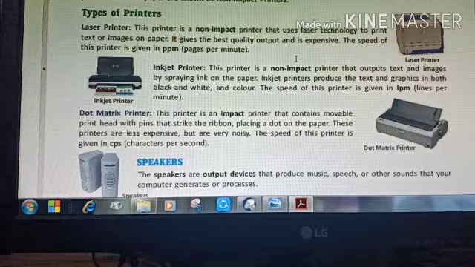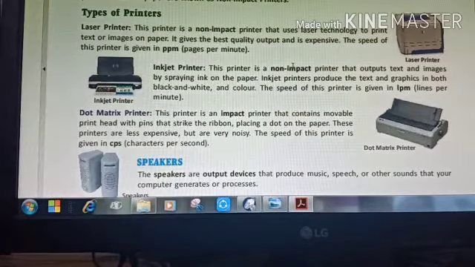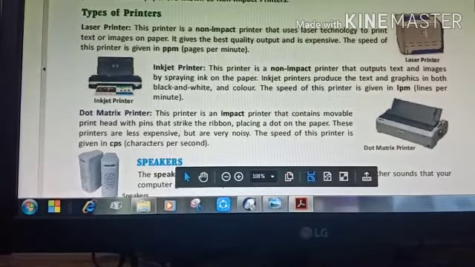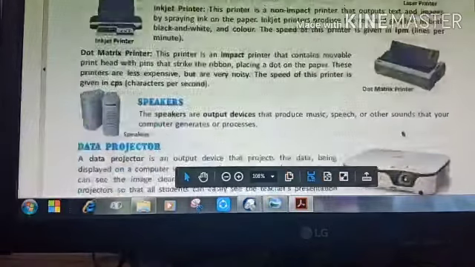Inkjet printers print text and images by spraying ink on the paper. Dot matrix printers are less expensive, but very noisy. You can see the pictures of these printers: this is a laser printer, this is an inkjet printer, and this is a dot matrix printer.